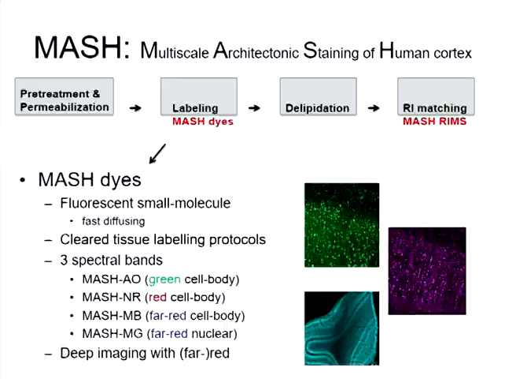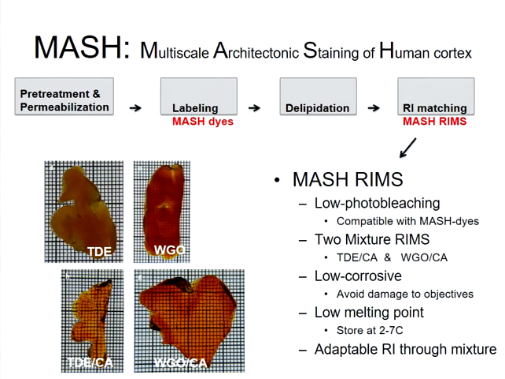And we were able to develop three Nissl-type cell body labels in three different spectral bands, so that gives a lot of advantage in combining them. And especially the far red colors give you a lot of advantage in imaging very deeply with your light sheet microscope into the tissue. When it comes to the RIMs, you actually need to match your small molecule dyes with